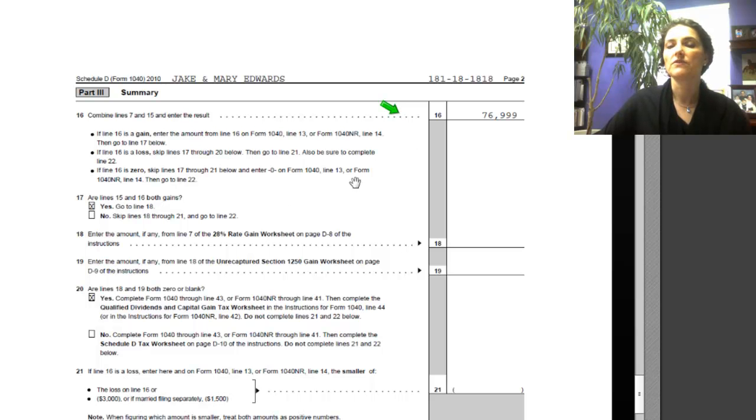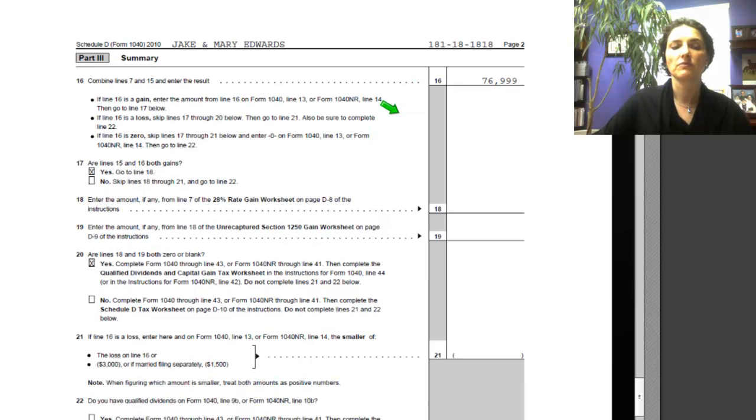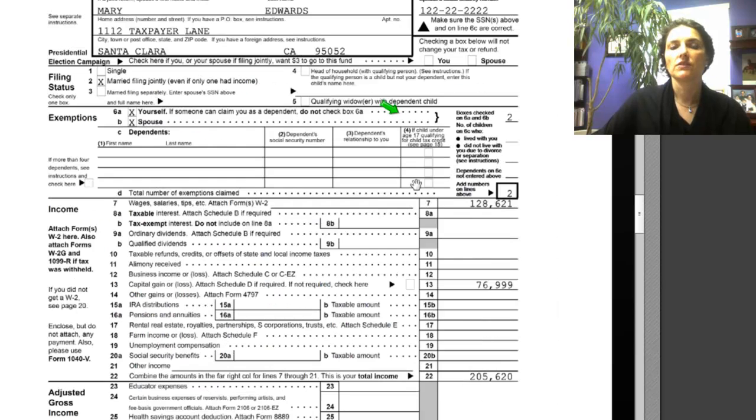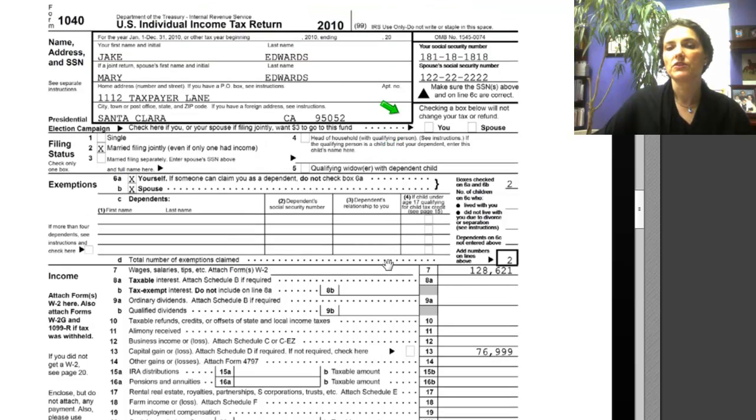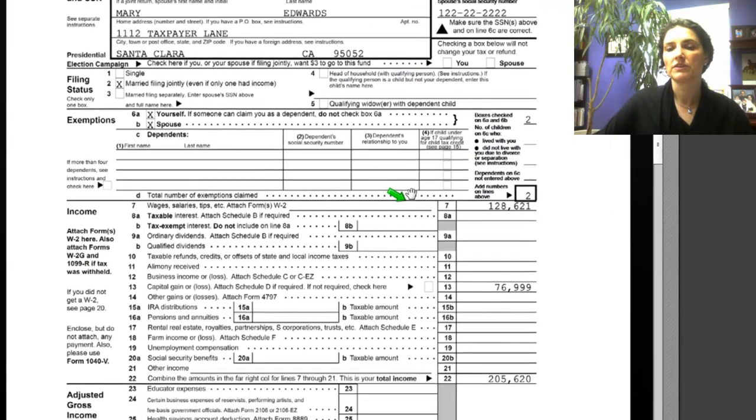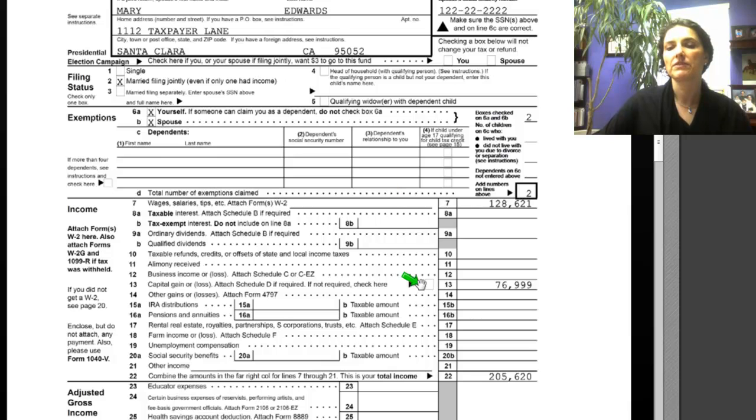And now we need to figure the amount of tax we're going to have to pay. So let's move over and figure the rest of the Edwards tax return. So Jake Edwards had a W-2 for $128,621, and he also has capital gain amounts to enter on line 13 of $76,999. We add up his income, and we have